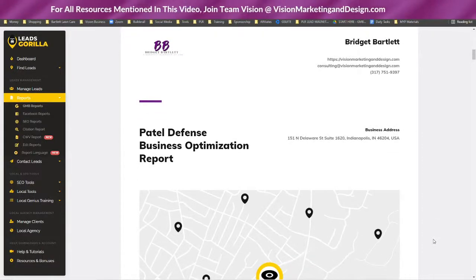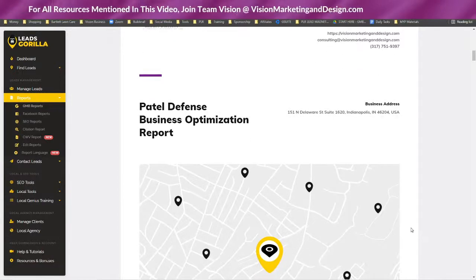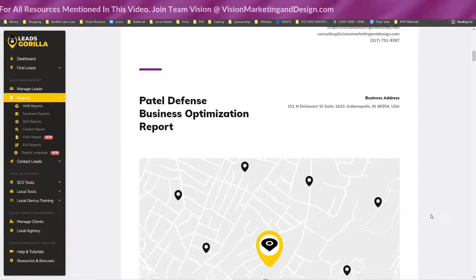So I definitely suggest only running this report then. You could also add to your email that you're sending them, hey, I'm going to give you this free guide or whatever to help you out. And when you show up to the appointment, I'm going to go ahead and give you a report for your online presence and walk you through that. So you could promote that as an incentive to show up to the appointment. No call, no shows are a big thing when you schedule appointments like that. So if you provide some sort of value for them to show up, it's a great benefit to you because you're not wasting your time, right?